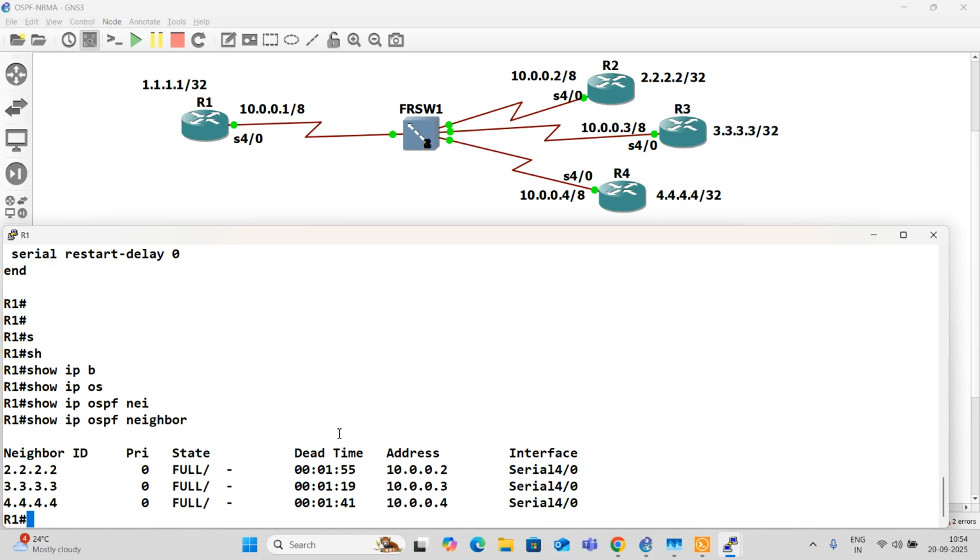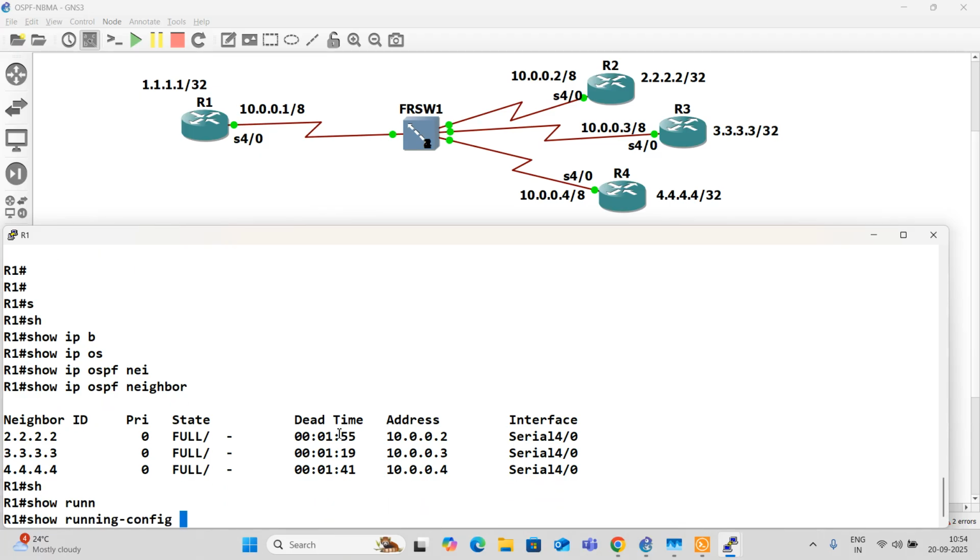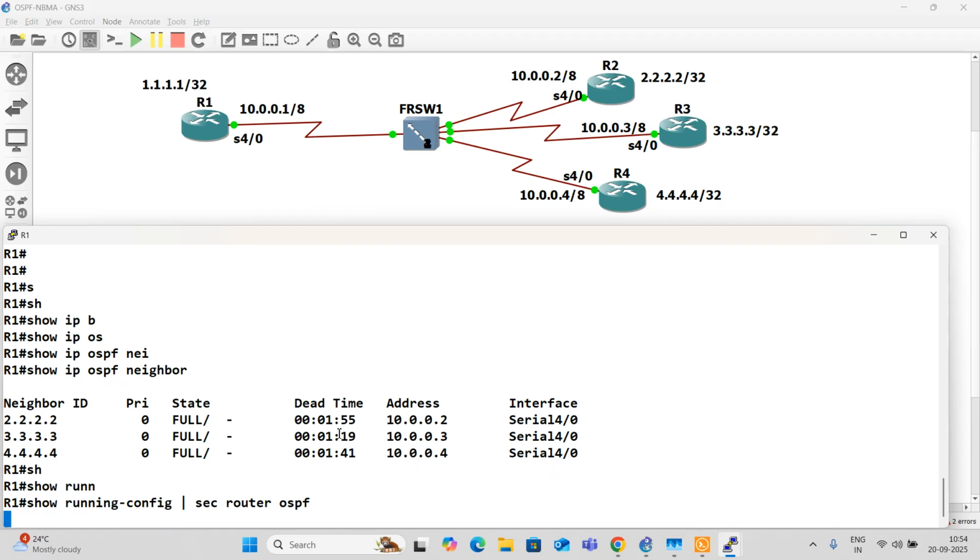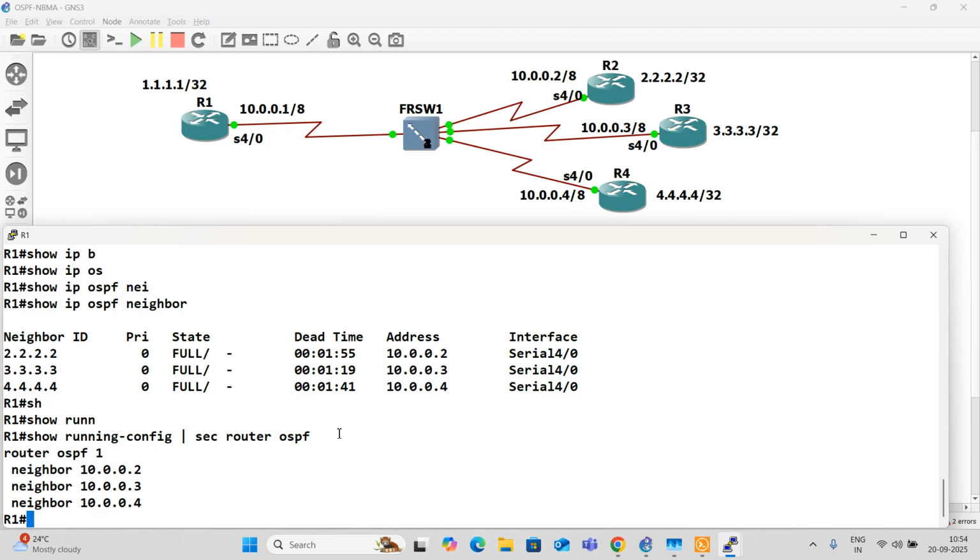And also we configured these neighbors manually. Let me show you that. Show run section router ospf. You see, the neighbors are manually configured. Now we are moving on to the third one.